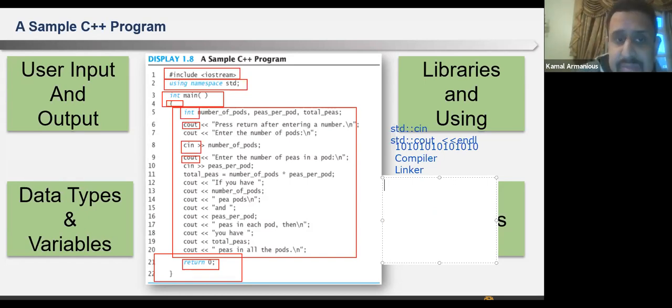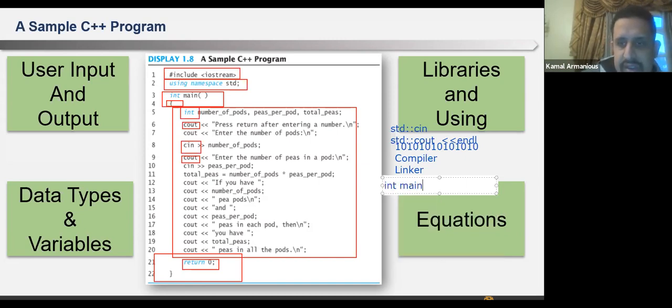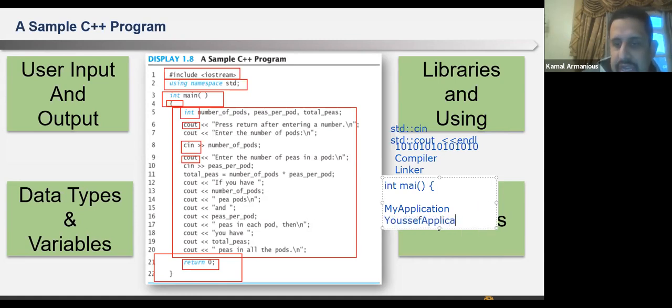So coming back to what I was explaining, the best thing is to put everything in classes, and then your main is something like this. Int main, and then my application. Let's say, since Yusuf was speaking, Yusuf application, whatever you want to name it, and then Yusuf application dot start.